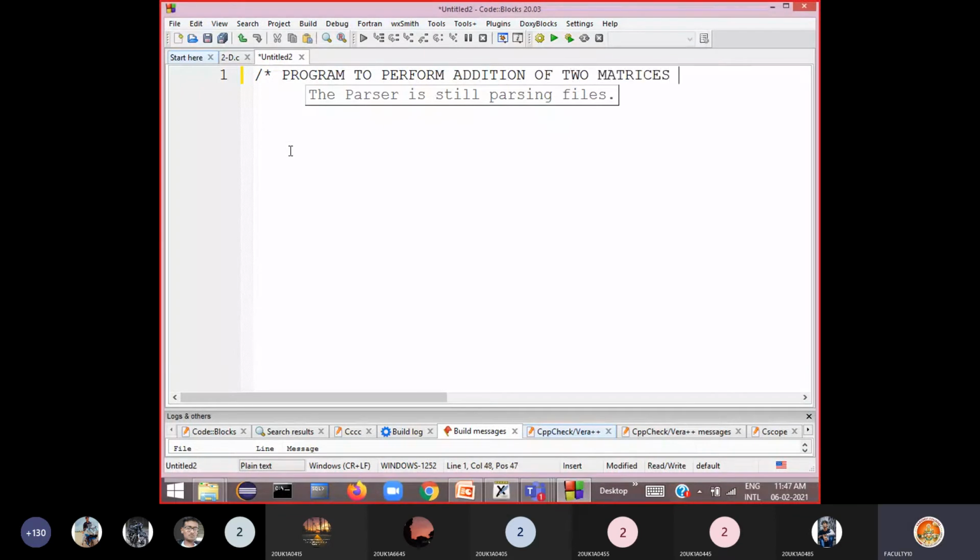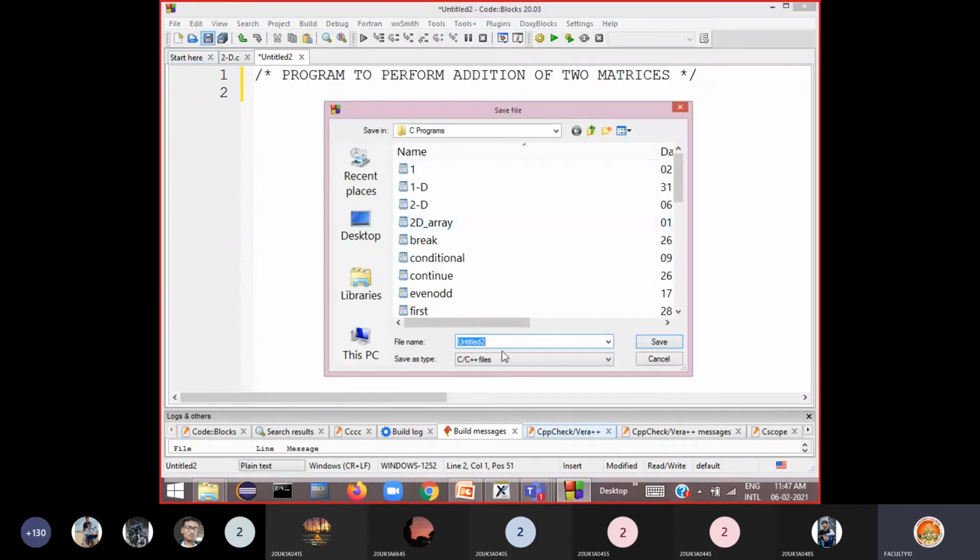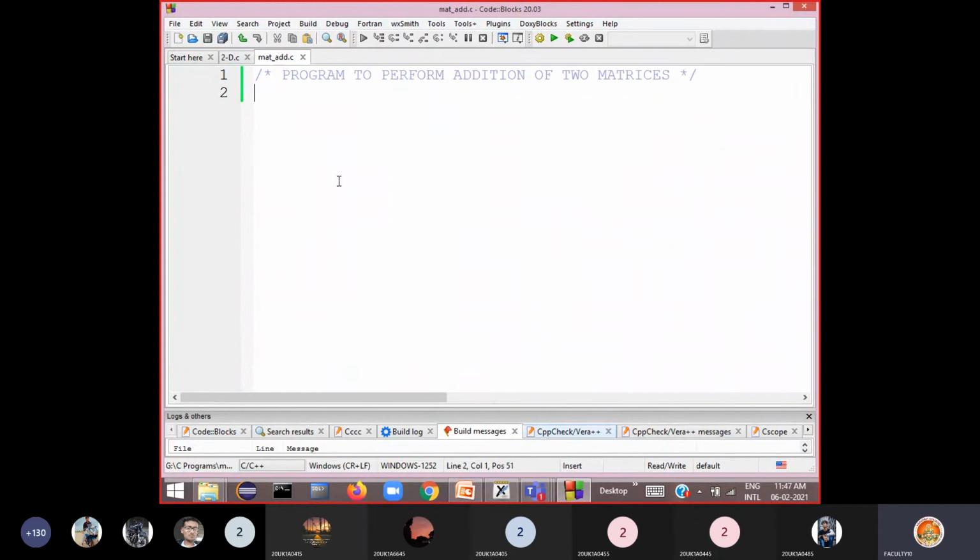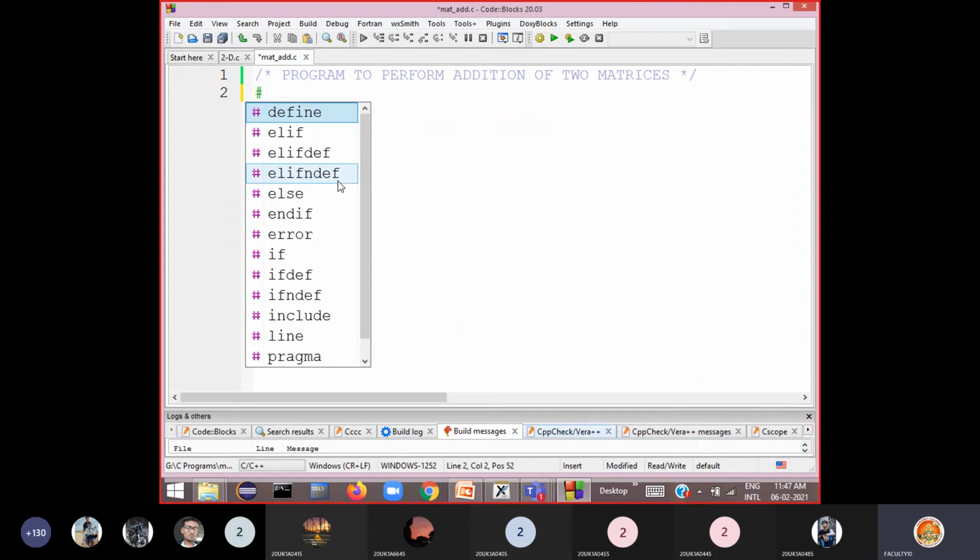So this program we will take. I'll save the program. So matrix addition now. I store it as matrix underscore add dot c, so that you can see the colors.